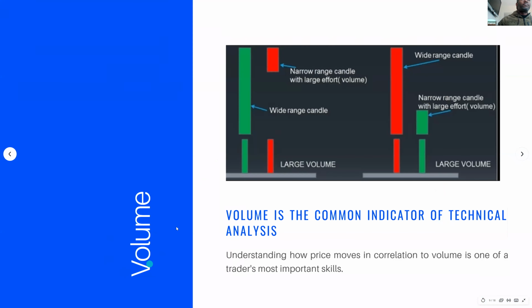One thing I've noticed since I've been trading, reading books and doing research on technical analysis, is that volume seems to be the very common indicator of every technical analysis. I don't care what strategy anybody's using. There are so many strategies out there. A couple of weeks ago, I was looking at this girl on Twitter, and it looked very complicated. I think it's called expansion W something. It shows you where the stock is going to eventually move, whether on the upside or the downside. And she predicted, I think it was